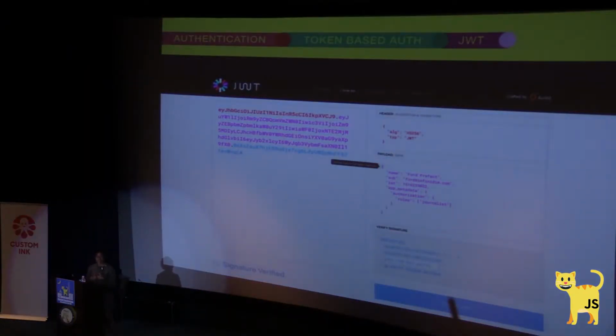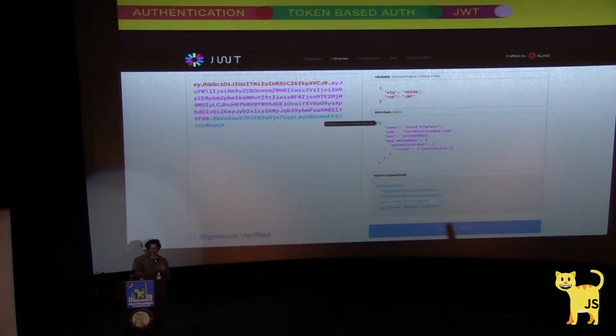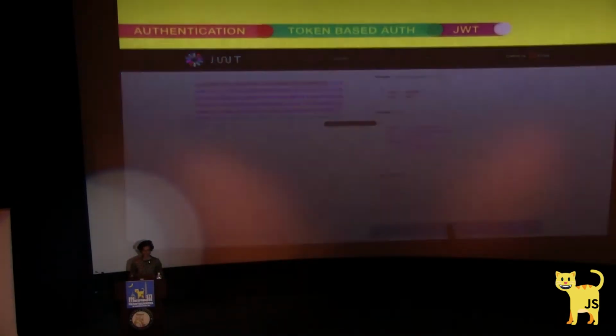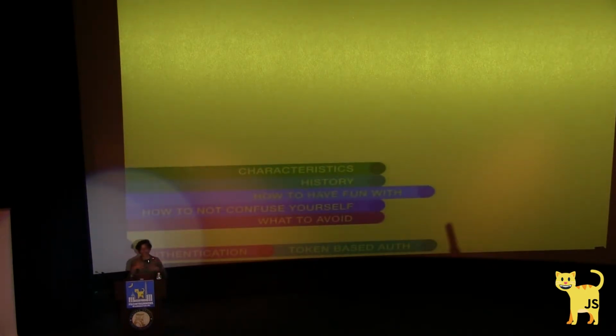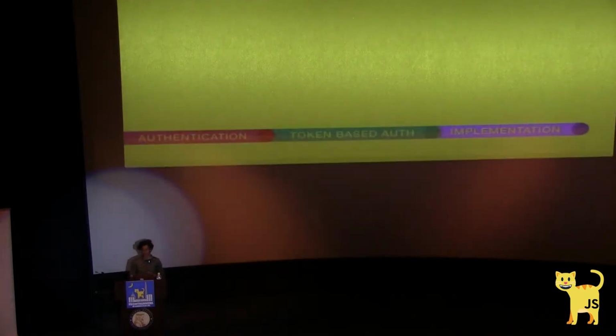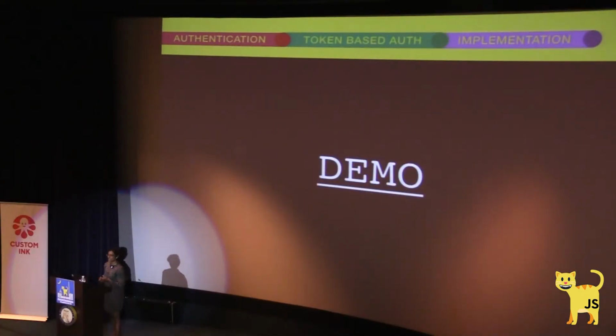If you'd like to learn more, there is a website by Auth0 called jwt.io. Super easy to remember. So easy, I didn't put it on the slide. And if you're interested to learn more, it's really great because it shows you how to encode and decode tokens. So this is a great resource. And that's all. And so with JWT and token-based auth, we talked a lot about auth. It's very theoretical. Let's get into the meat of implementation because who cares about theory? We're developers. Well, yeah. I guess theory matters.